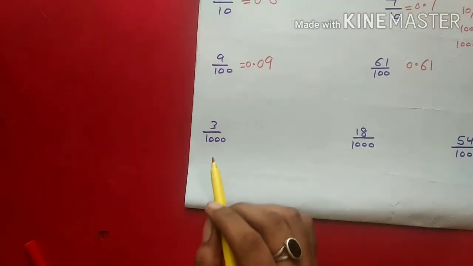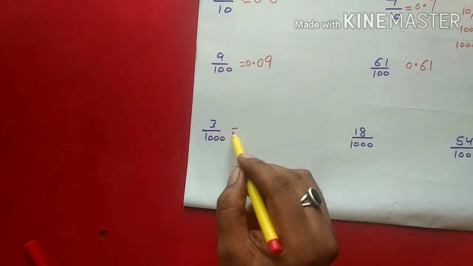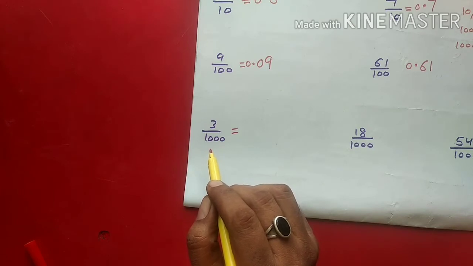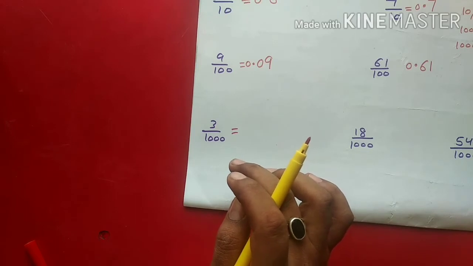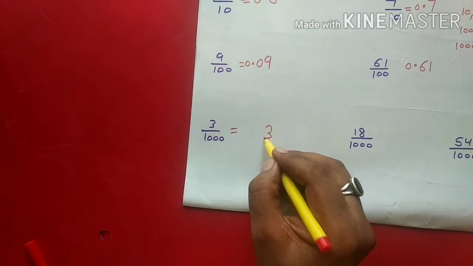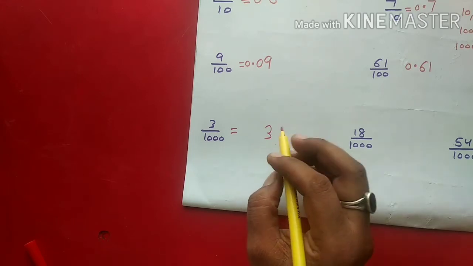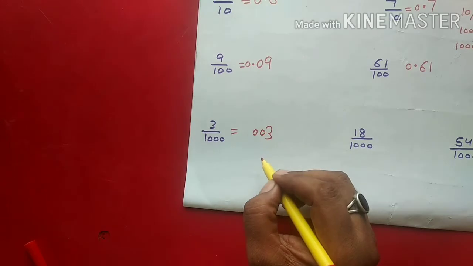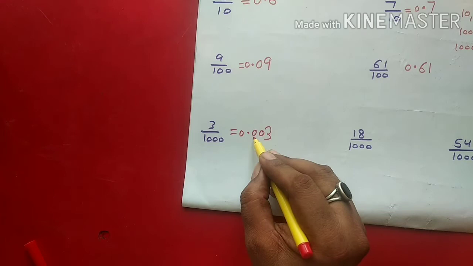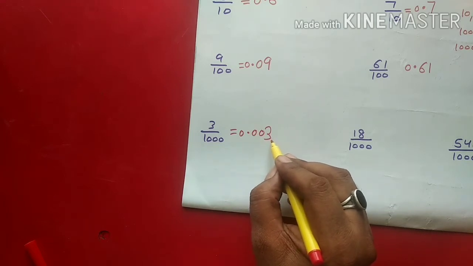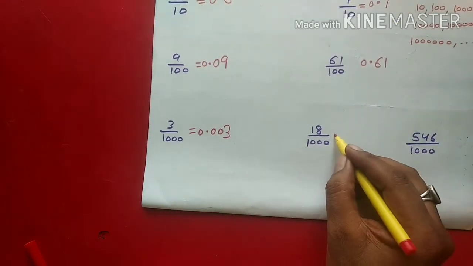Now student, here you will see there are three zeros in the denominator. So you will write 3 in such a manner that after the decimal there should be 3 digits. Okay, so you will write 3, but here is only a single digit. So how to make the 3-digit number? You will write 0, and after that you will mark the decimal, and you can see that after the decimal there are 3 digits. Okay student, now we are on the next question.